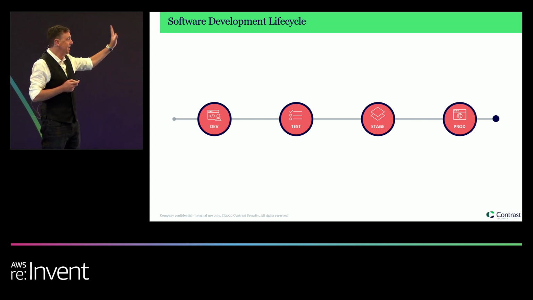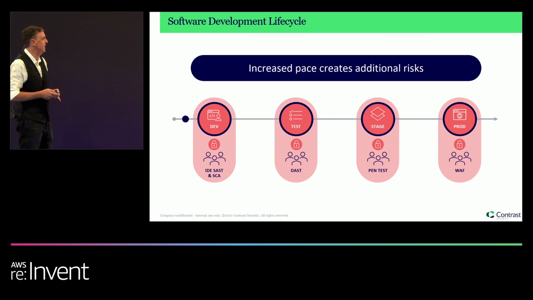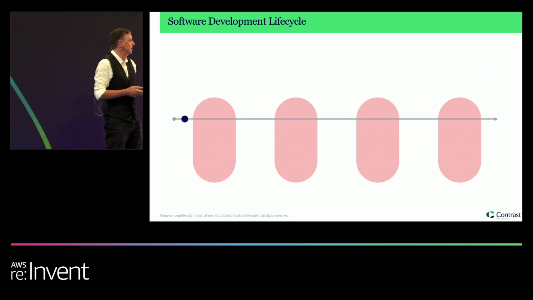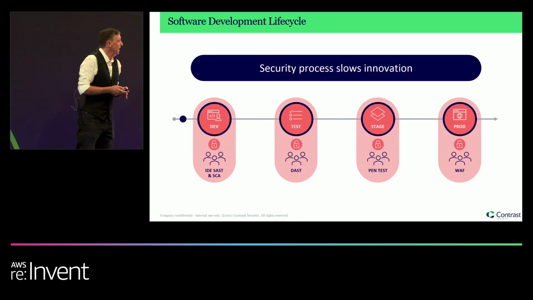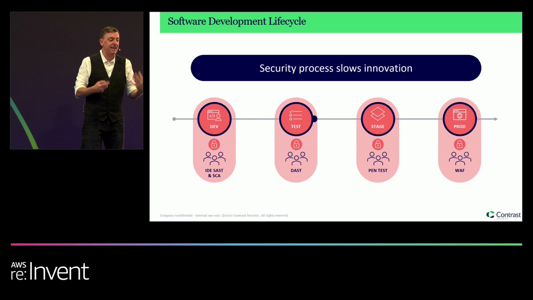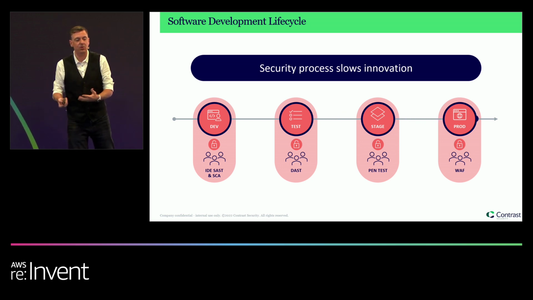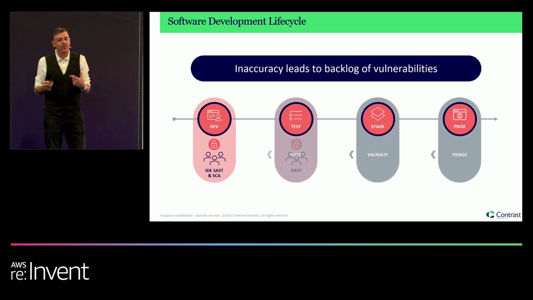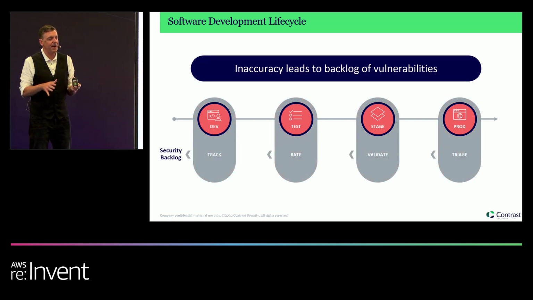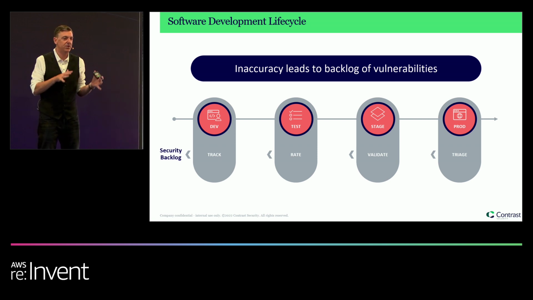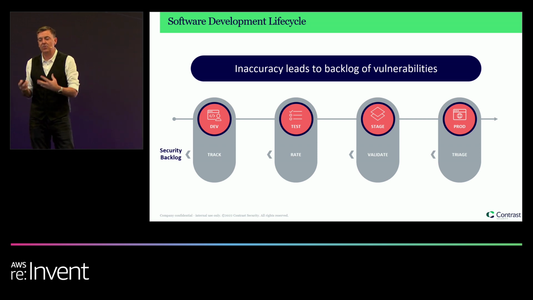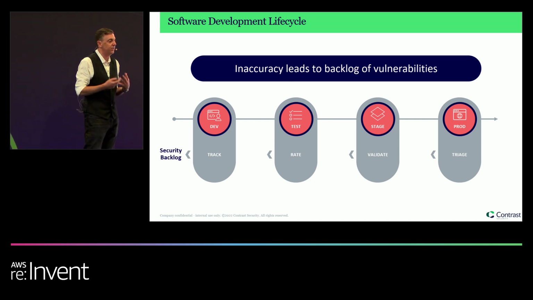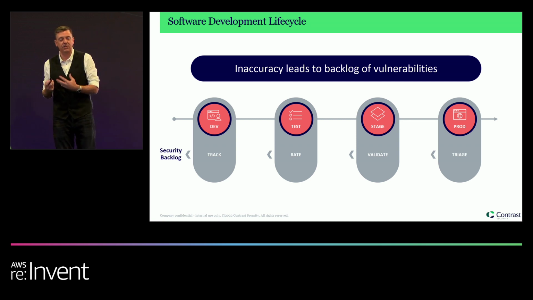So when you're in these CI/CD pipeline worlds and you're going through this sort of older technique, this waterfall technique, life's relatively simple. But as you move faster, you start to incur more risks. And really, these security processes get in your way and start to slow down you as development teams. This inaccuracy is a major problem, and it's something we'll talk about, which is those older tools that do code scanning generally don't have enough context to give you really valid results. Those are tools that were designed for security researchers, not agile development teams.